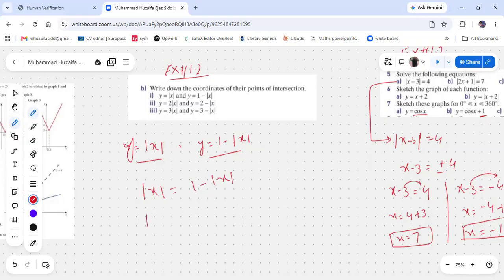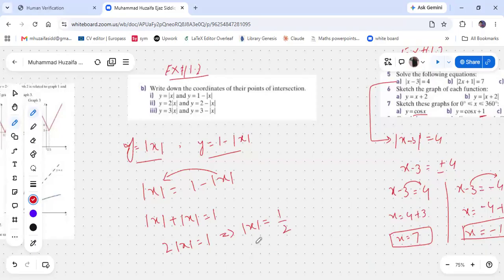If we simplify it more, we move this to this side. This is mod of x is equal to 1, so 2 mod of x is equal to 1. Dividing both sides by 2,